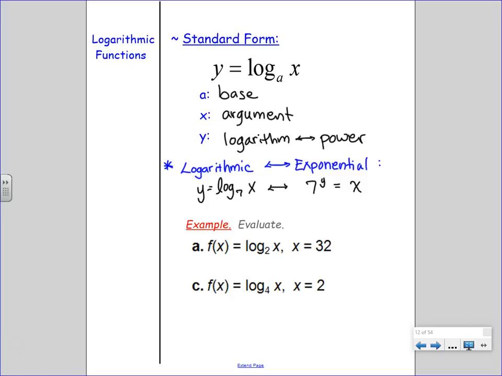But you can also memorize that y is a power. Or there is some math that we can do that kind of shows why this is true. But for right now, we're just saying, hey, you can go back and forth between exponential form and logarithmic form because they are related. We'll get back to that.